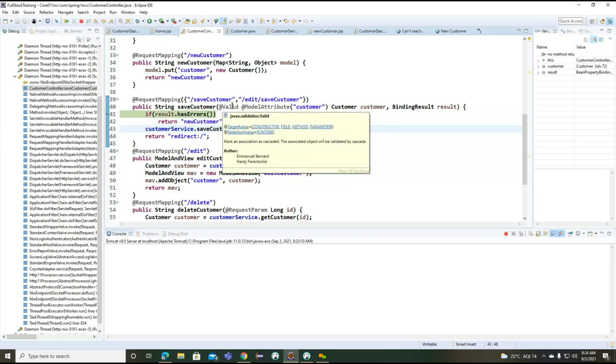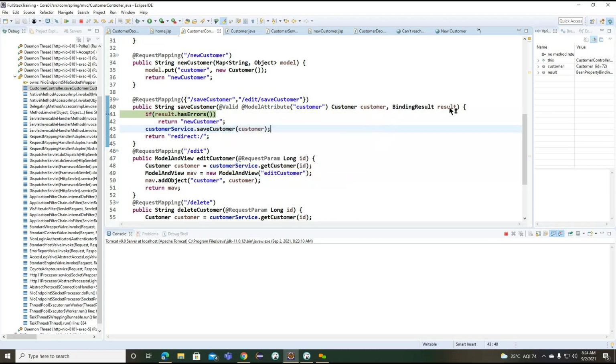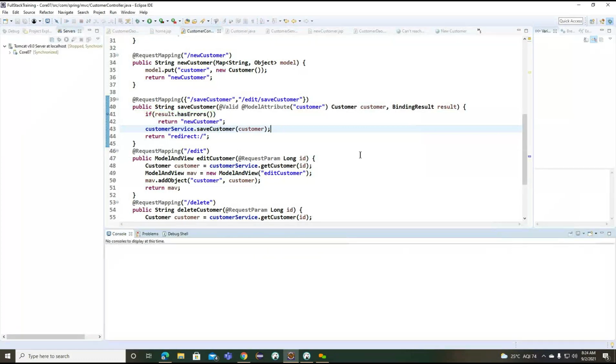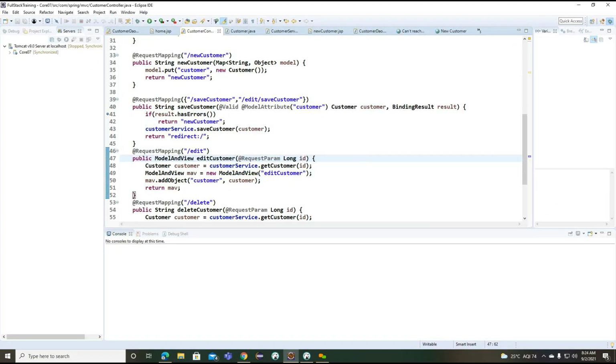So we don't want to save. Again, we are going to get an exception here.